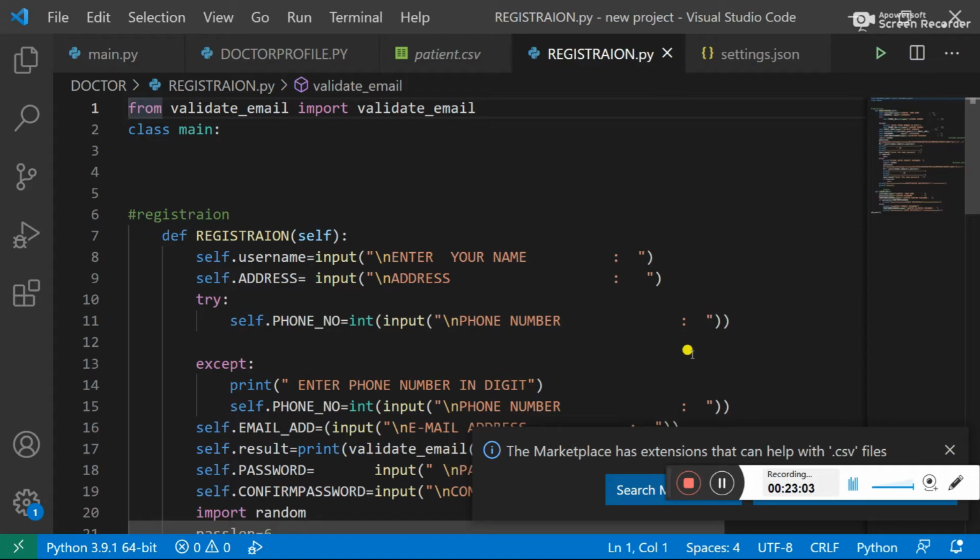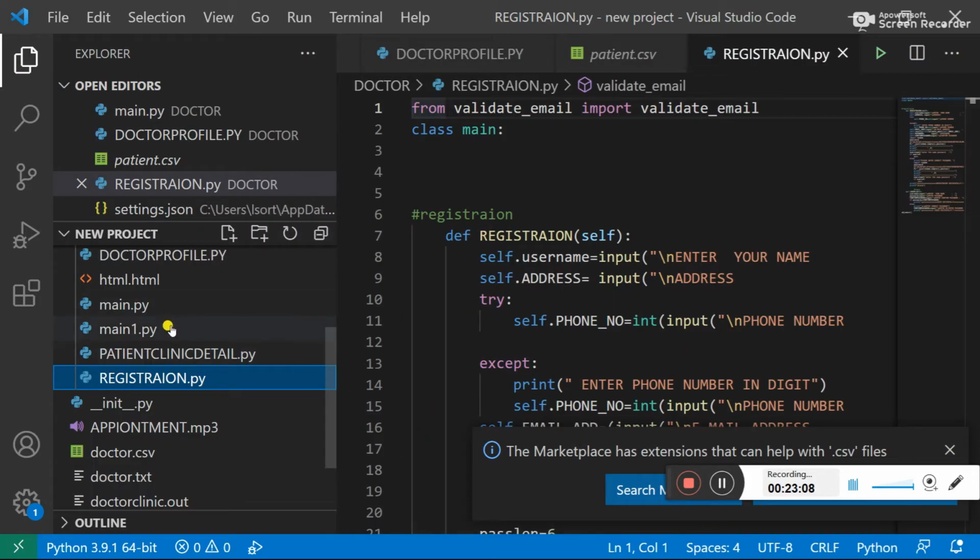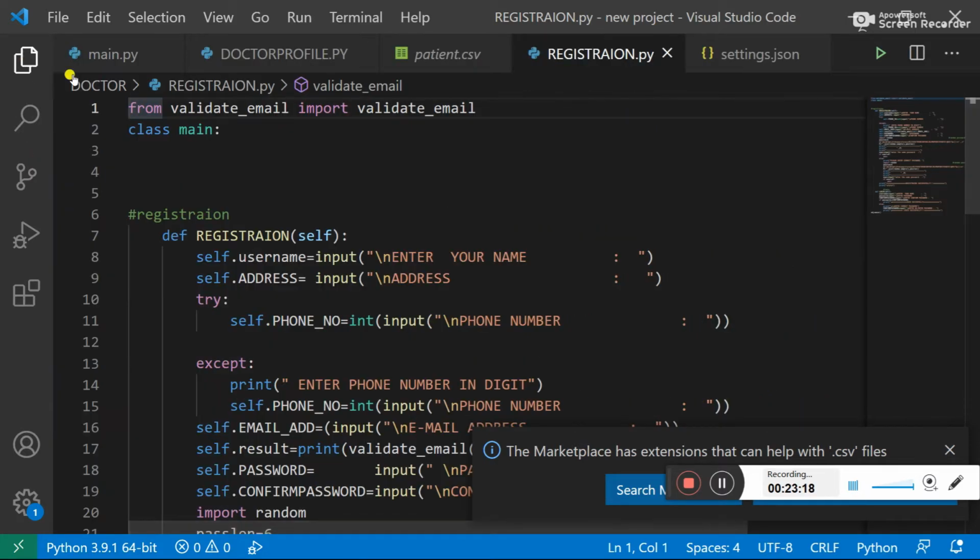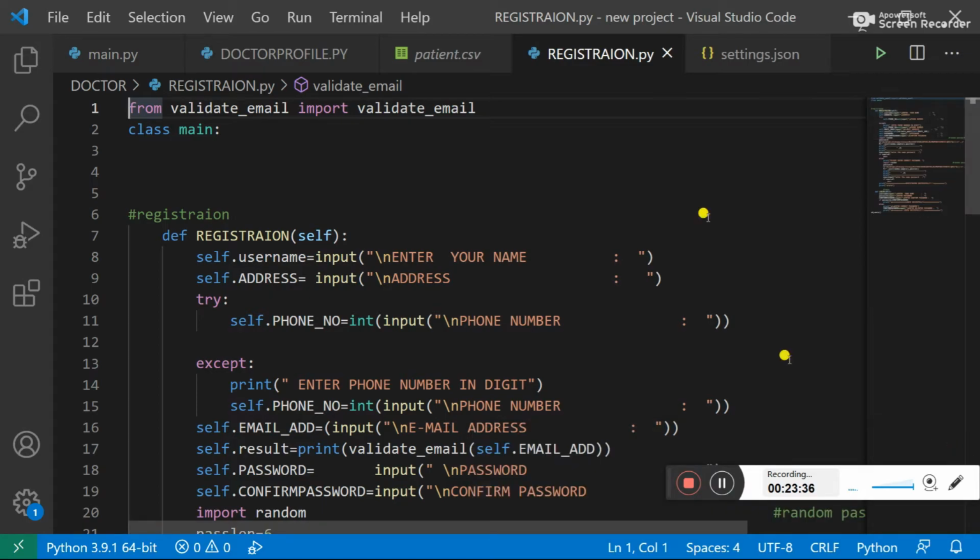So in a single package there are multiple modules like main, patient clinic details, registration, doctor profile, etc. In registration there are some classes, functions, and inputted data, and by using the module concept, our project's modularity will be improved.